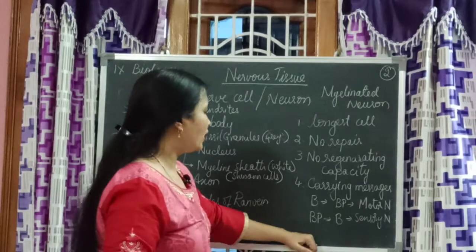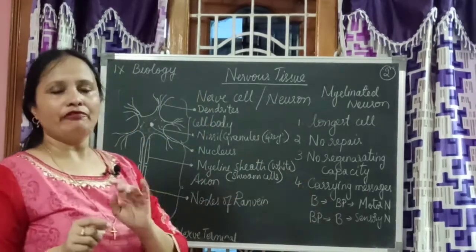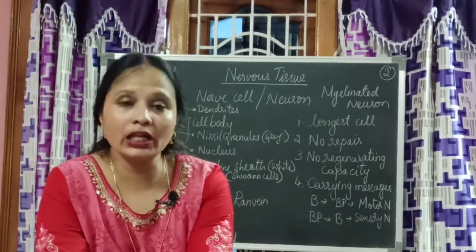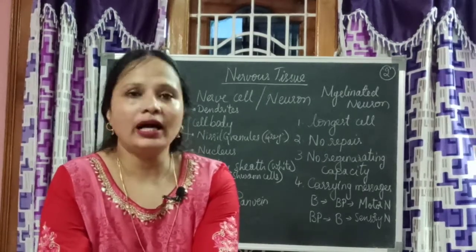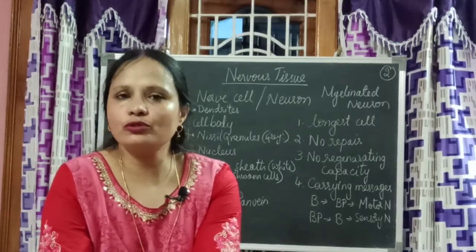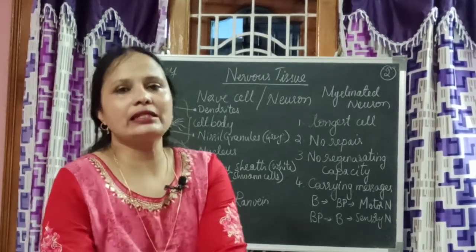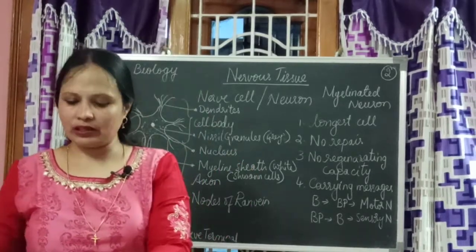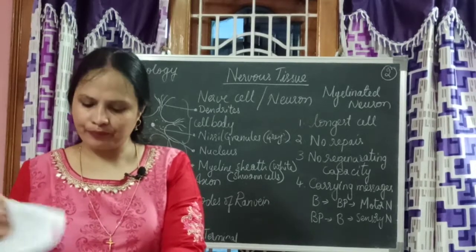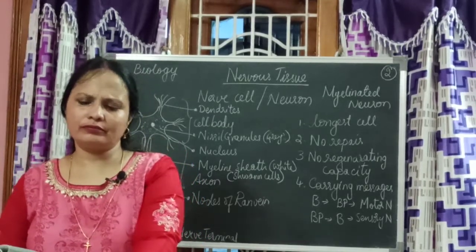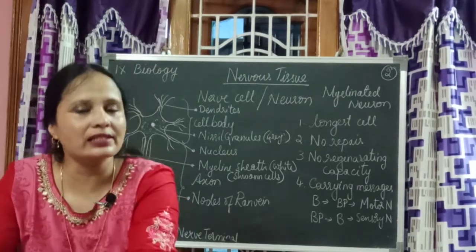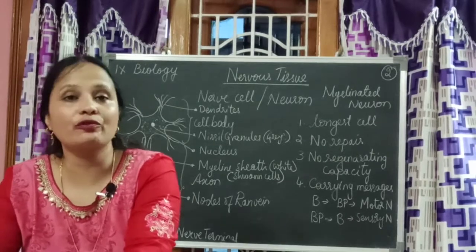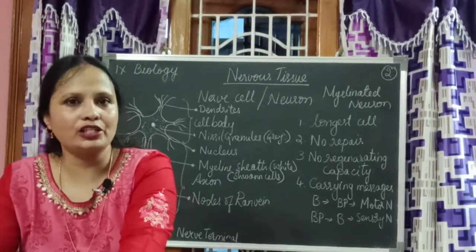But for now, let us understand that we have learnt 4 types of animal tissue: epithelial, connective tissue, muscle tissue, and nervous tissue. Now children, I want you all to read the lesson, understand everything. Diagrams are there. I want you to practice the diagrams and try to work out some of the questions which are given at the back of your textbook.